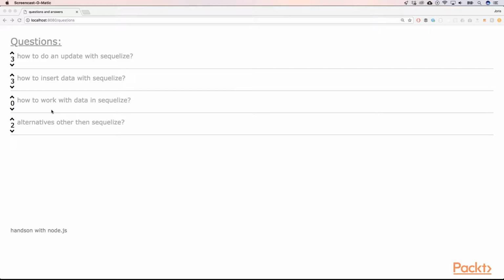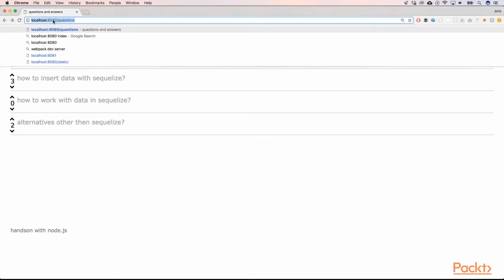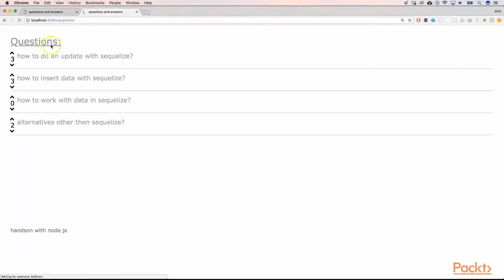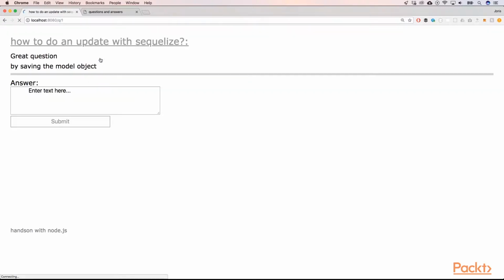Throughout this course, we will work on a question and answers platform, where we have a question and answers page. Here, when we access this question and answers page in a different tab, we can vote. When we go to the other page, we will see the update. We can go to a detail page and we will see the answers to that question. Of course, we will also build in some authentication, and you will also see how to move to an Angular